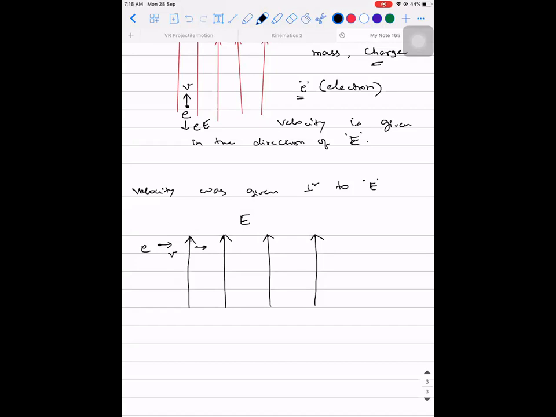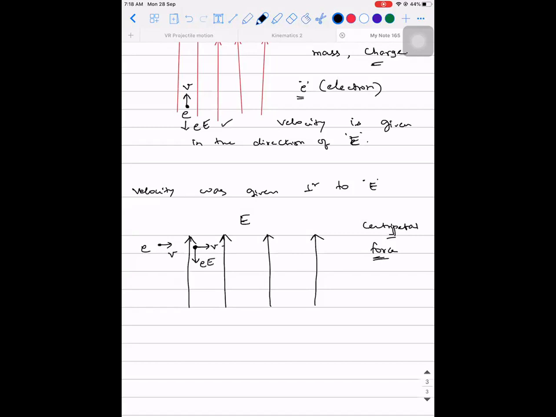So centripetal force means what? There is a force which is always acting towards the center of that circle. That is not going to happen here, because when the particle has entered, the component of velocity is in this direction, but what is the direction in which it is experiencing the force? Velocity is like this, but the force is perpendicular to the component of velocity, exactly in the downward direction. It is experiencing a force in the downward direction.